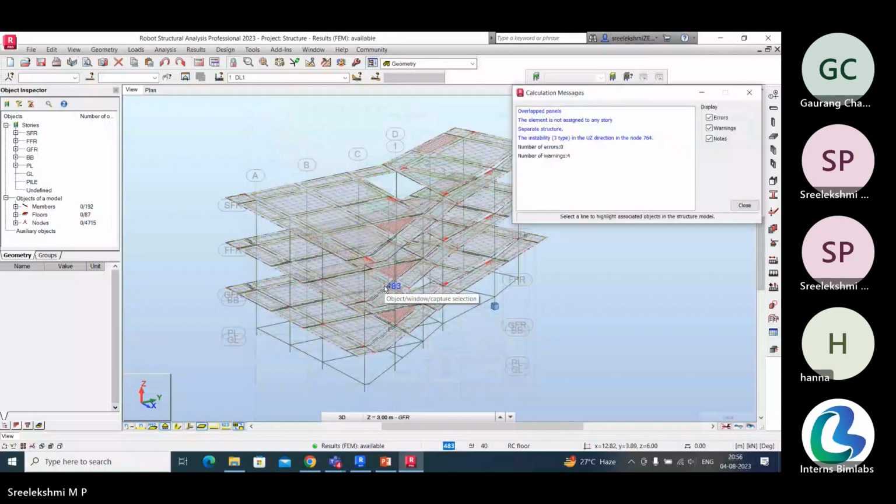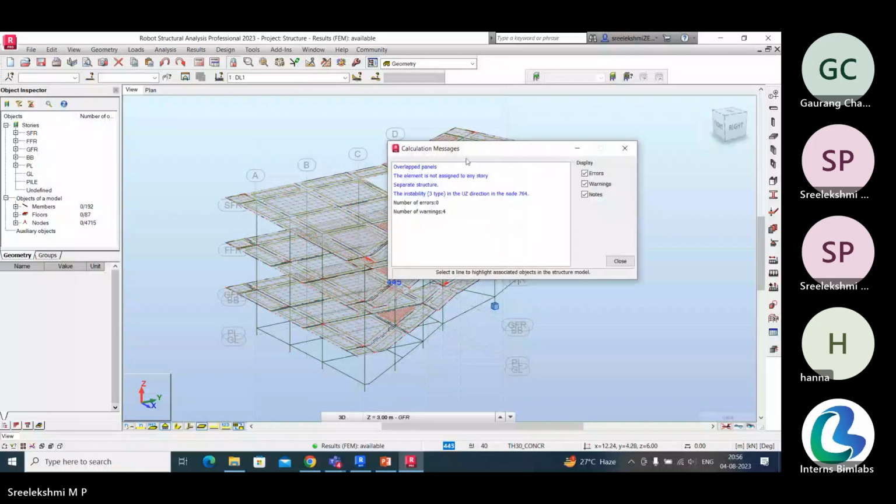Okay, hence we got the final result. Here we have no errors, so the structure is okay. But we have four warnings, which are all listed over here. That is, there are some overlapped panels, and elements not assigned to any story, and